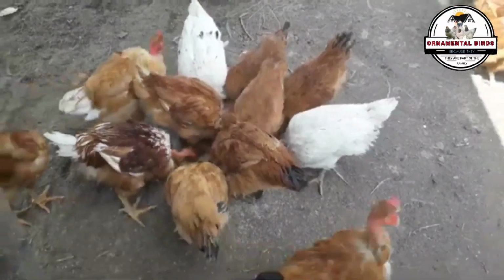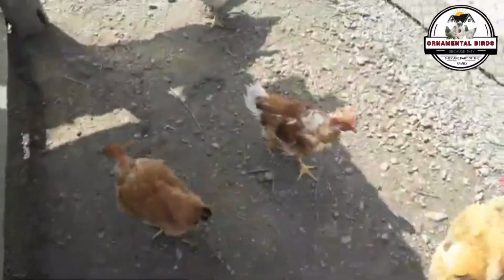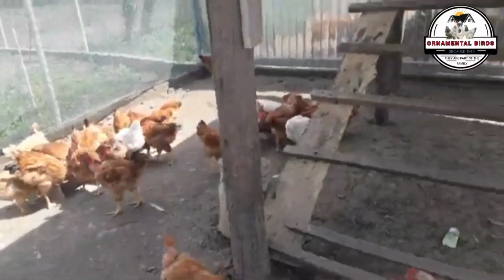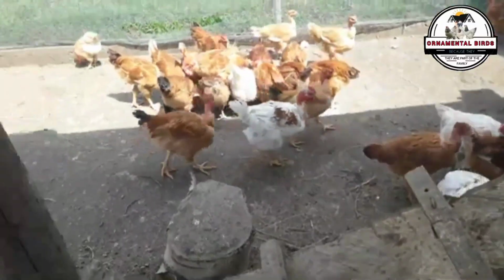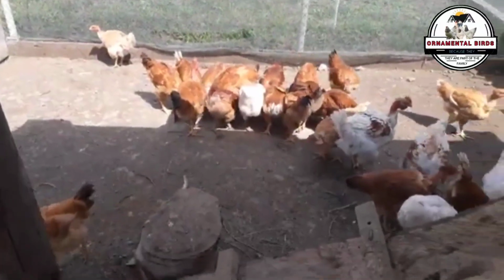The feature of a featherless neck is the result of a dominant gene that is very easy to introduce into other breeds through crosses. This is why there is a wide variety of naked neck chickens in different countries, which has led to confusion about whether the original breed is a crossbreed. Despite its focus on meat, its egg-laying capacity is moderate, with a production of 100 to 150 eggs per year. However, its main value lies in its great resistance to heat and fast growth, which makes it ideal for warm